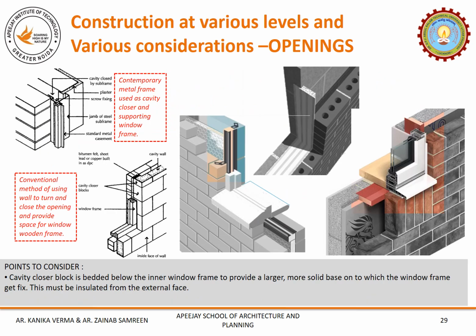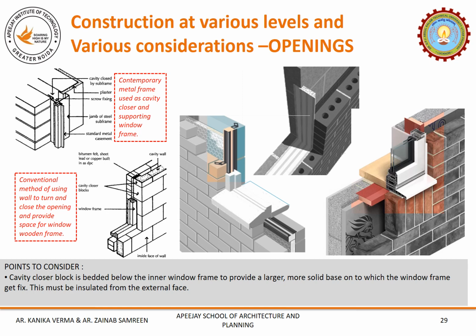This slide shows various types of cavity closers which are practiced and available. In basic construction, a wooden batten can be used to close the cavity, and then the window frame can be fixed on top of it. But there are also standalone cavity closers available, which can be efficient in complex construction and help to fix the window or door better. This particular type of factory-made cavity closure can be fixed during construction or after construction, depending upon the design requirements.